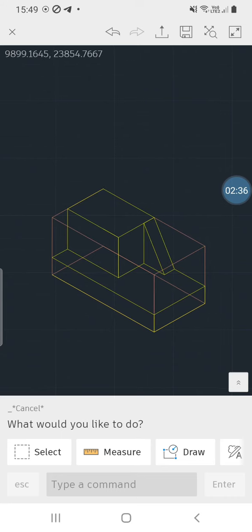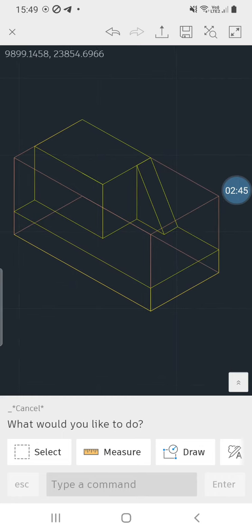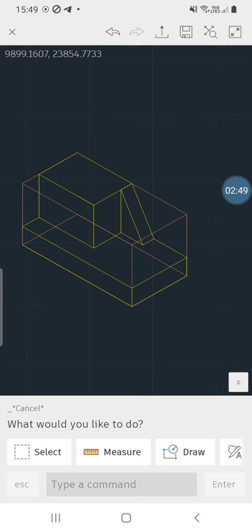Here the semicircle is there, here the semicircle is there, the hole is there, so that we cannot draw in the mobile AutoCAD over here. So this much of the diagram will be possible with the help of the mobile AutoCAD. So try to practice this. Download the first image, and by just watching this particular video you can practice this particular problem.